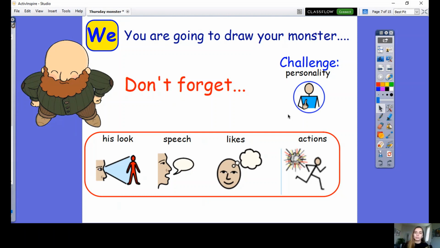And then later in the lesson, when we are writing about our giant, you can use the vocabulary that you had. So notice I had lots of adjectives. You can use those later on in the lesson. So I'd like you to pause the video, and I'm going to give you about 6 minutes to go and do that. We're not going to spend too long because we've still got our writing to do. So I want you to have a quick 6 minutes, go and draw your monster, your giant, and write all about them on your piece of paper, and then come back when you're ready to do our writing.